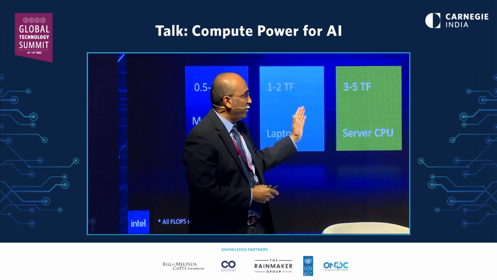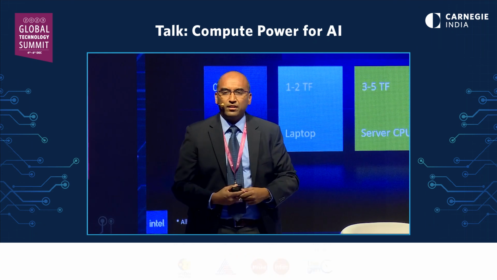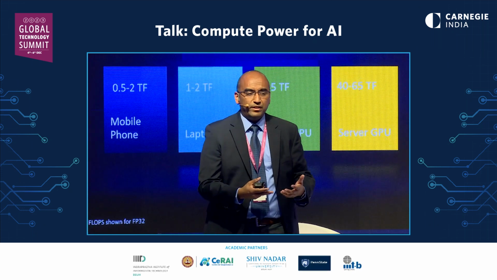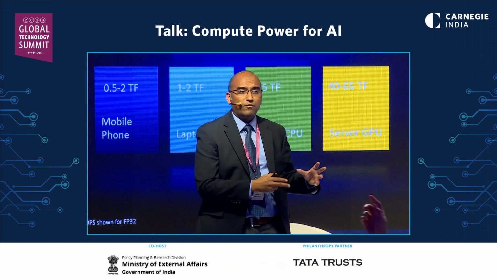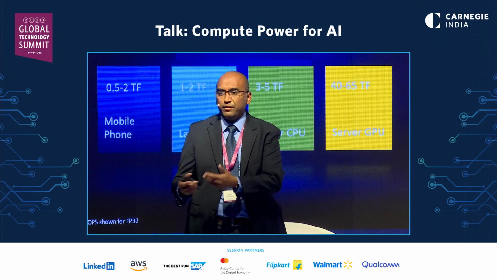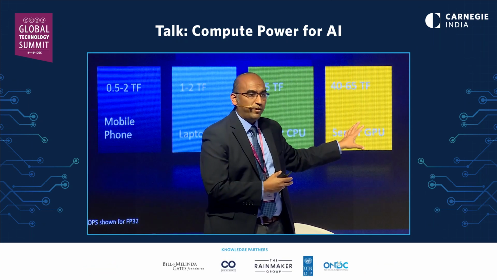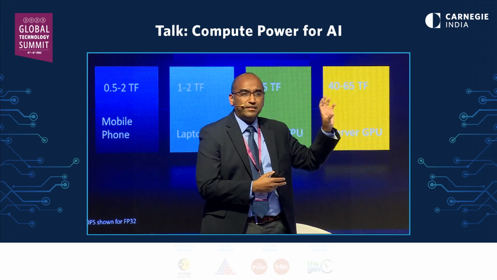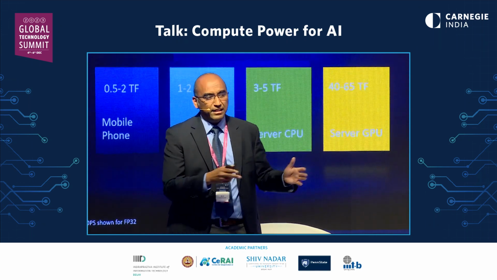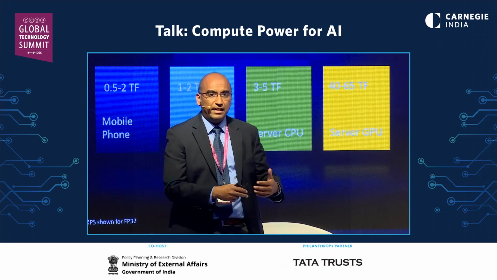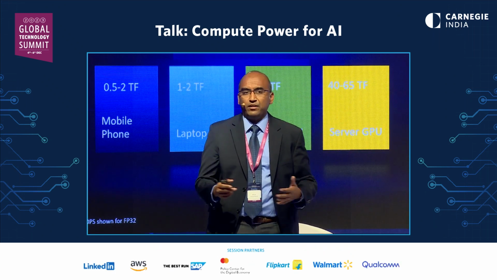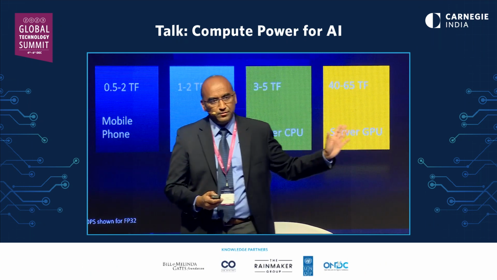Now, it's one way to easily compare all of them because you can easily calculate what the calculations are. But not all of them are really made equal, because the CPU is made so that it can calculate a lot of complicated computations. So it can check email, you can do video streaming, you can have a Zoom call. All of that happens on a CPU. Whereas a GPU is built to compute a lot of simple calculations simultaneously. And the reason it's important for AI is because the latest brand of AI, which is generative AI, requires a lot of simple calculations to happen over a short period of time. Right? That's why those things become very important.